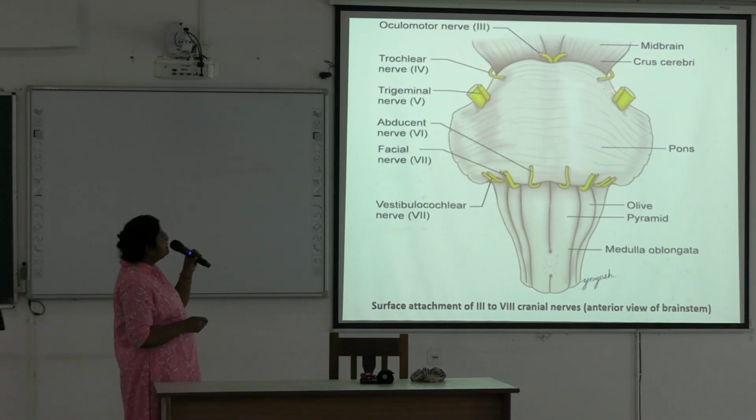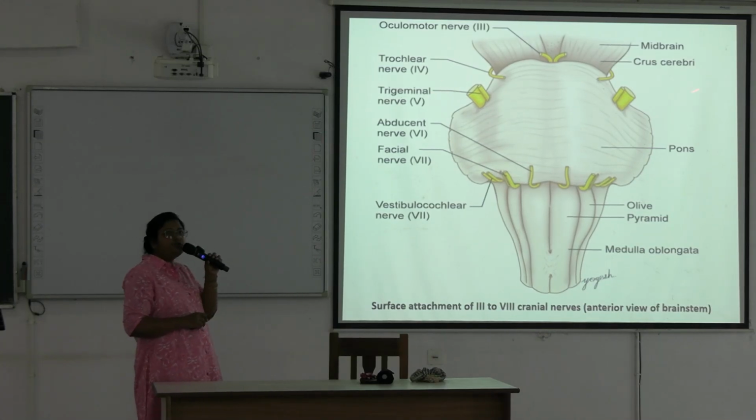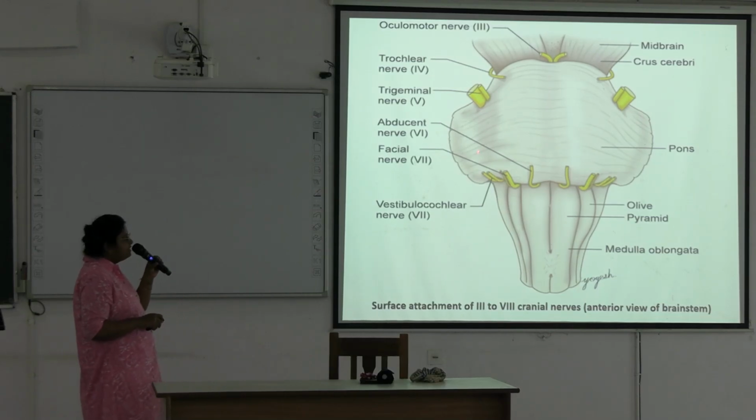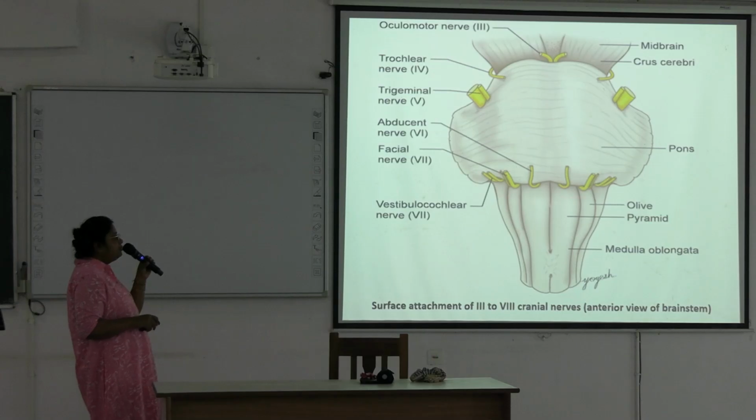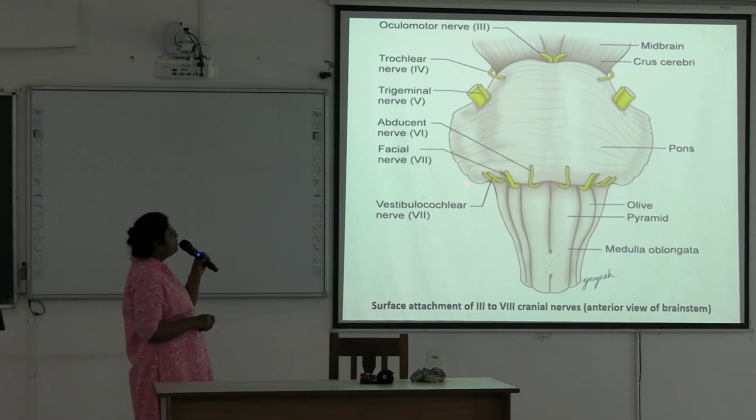Okay. Next is 5th nerve. This is trigeminal nerve. It has two roots, one is sensory, one is motor root, which is coming out from the pons, and these are the sixth nerve, abducent nerve, seventh nerve, facial nerve. Abducent is coming above the pyramid. Above the olive comes out this facial nerve from the pontomedullary junction, and lateral to it comes out this vestibulocochlear